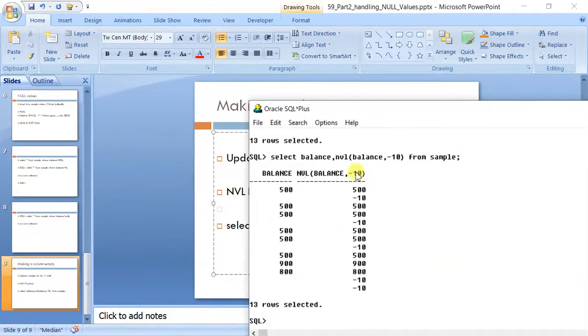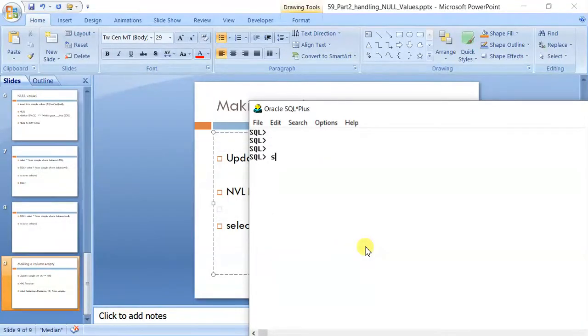Okay, so this is how you can use it. At one more place it is also used, that is, suppose you take the average, select average balance from sample. Now what will happen, you can see the average has come, but actually this average is not correct.